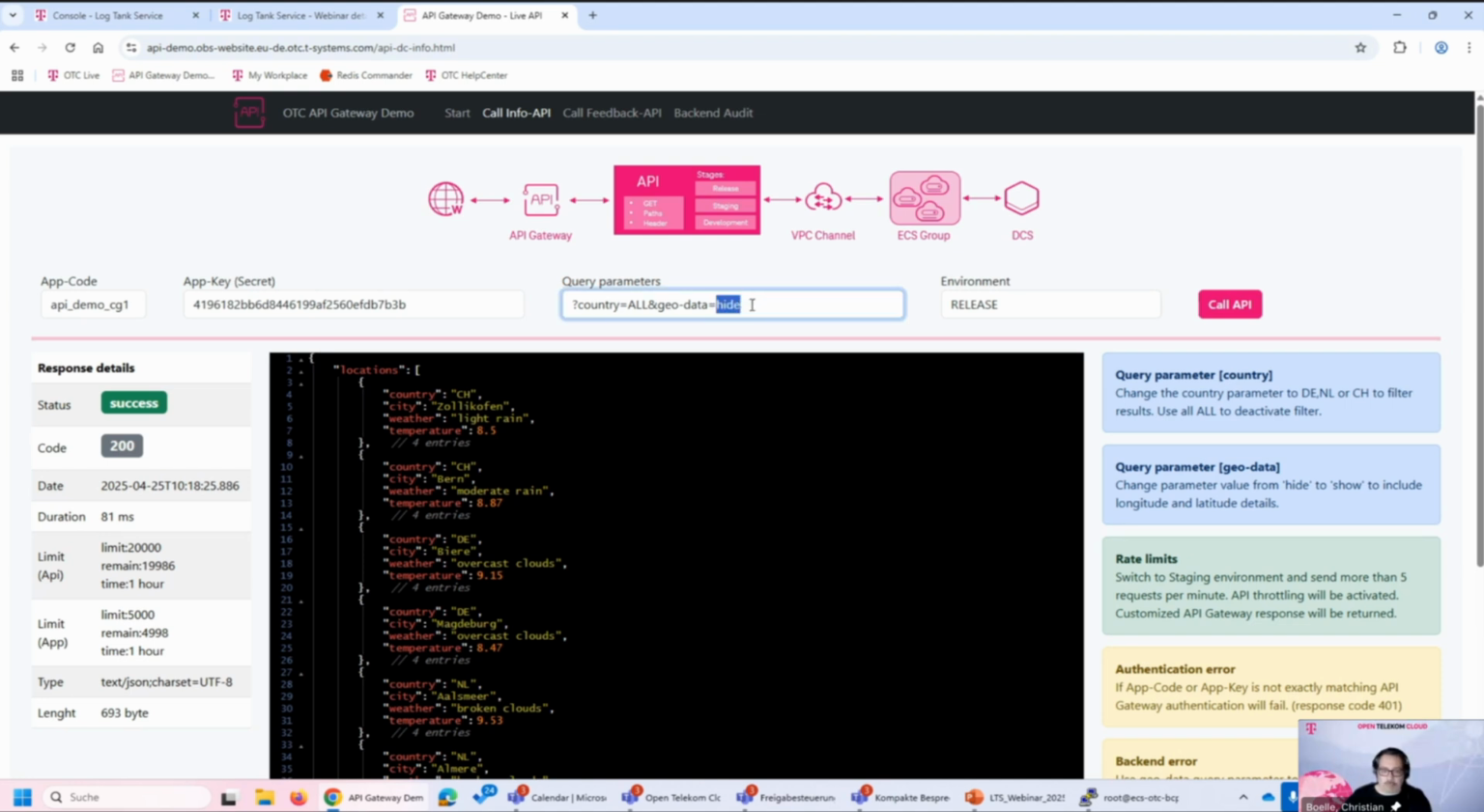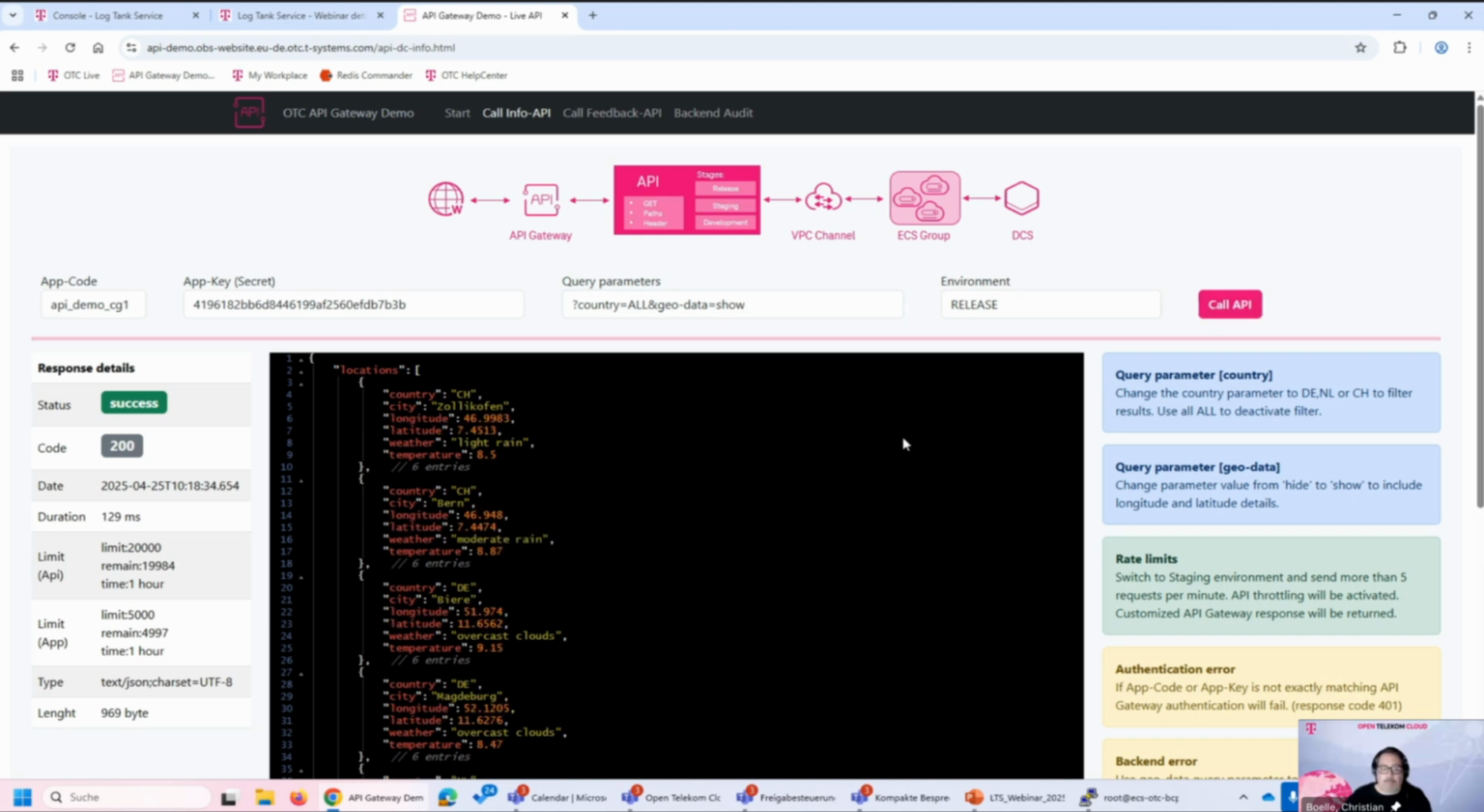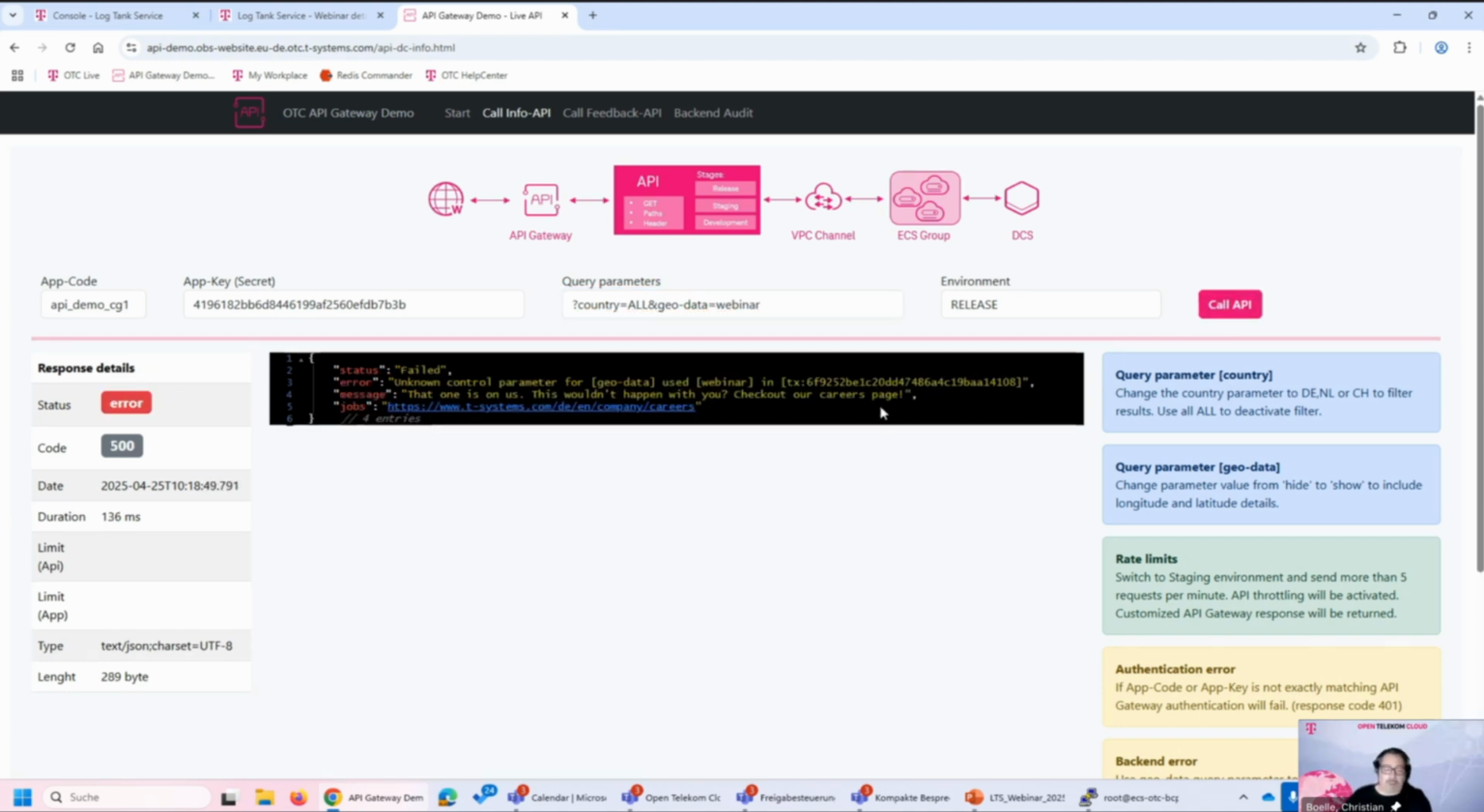So we can also use the show parameter in the API, and then the API reveals, in addition, the longitude and the latitude of the data center locations. That's a nice feature. But what happens if I give here any other value which is not known to the API? So we do this, and what happened now is that the API was not capable of handling this, so in the backend system a runtime error has occurred, and now we can see what happened